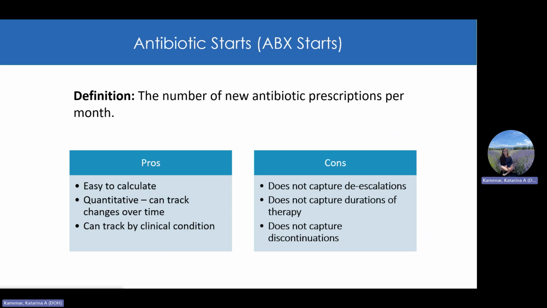Also, if you have large fluctuations in your resident population month to month, this measure won't be useful to track since the numbers will vary widely. You would, in that case, want to standardize it by your number of residents each month to help it track better from month to month.